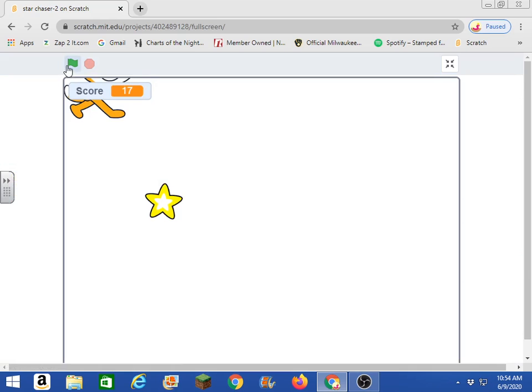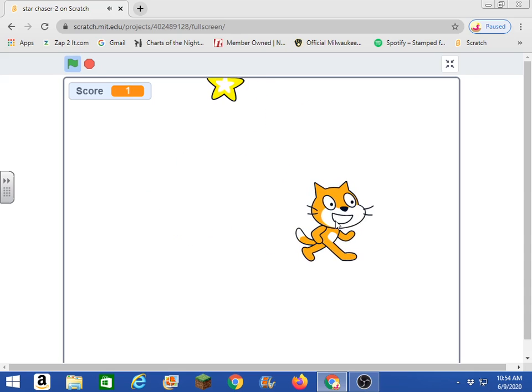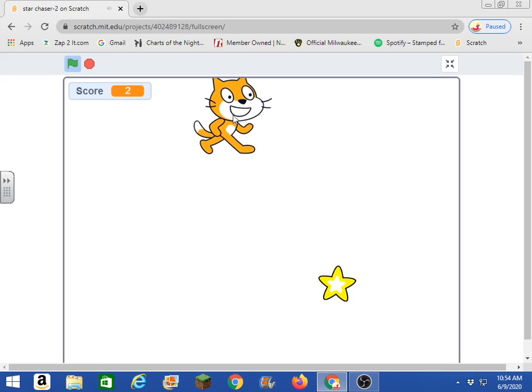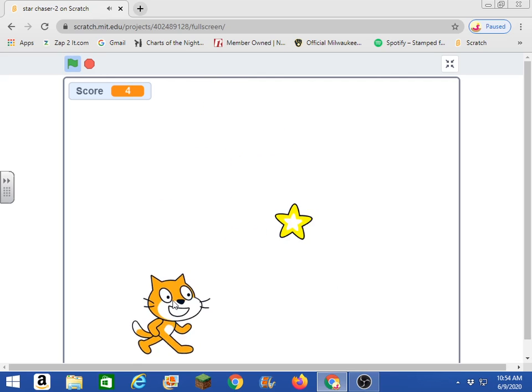Alright, so we're going to start with the green. Score's back to 0. You see there? Now the score went up 1. The star moved and the star makes a guitar sound. That's a way to tell you, hey,